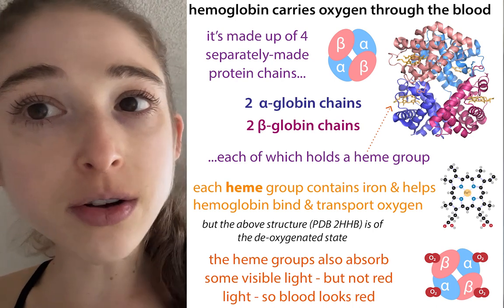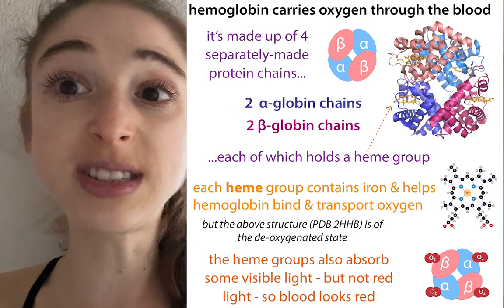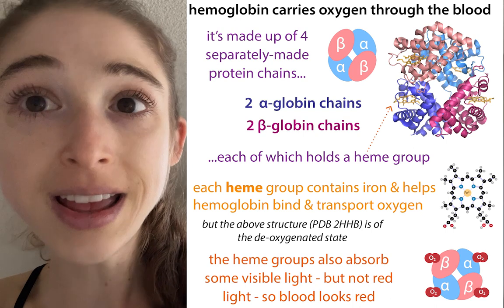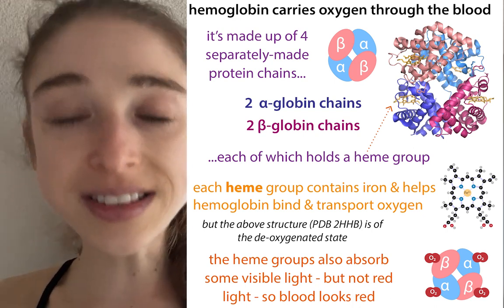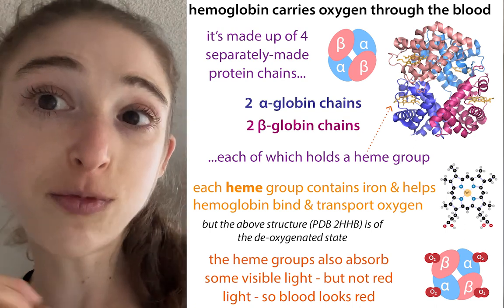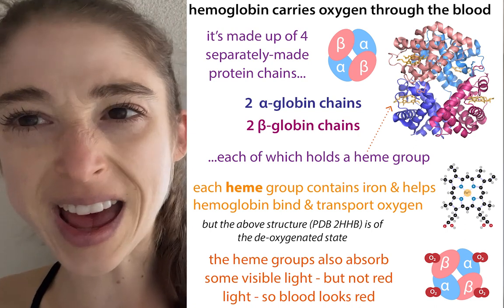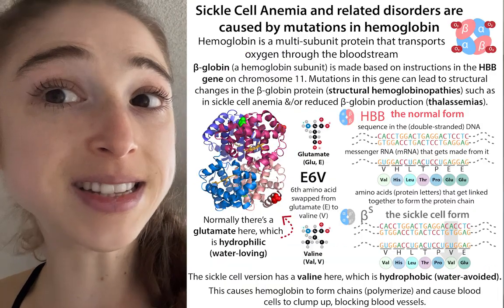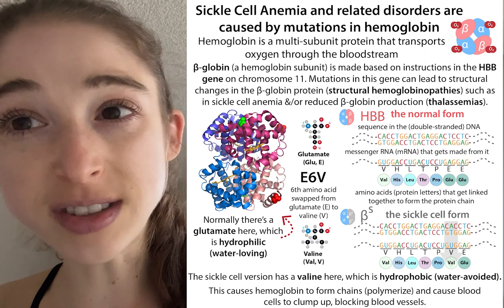tetramer where each of those is holding on to a heme, which is basically this kind of cofactor, this helper molecule that's bound to iron that binds to oxygen, and this is going to allow hemoglobin to pick up oxygen in your lungs and drop it off in your toes and places like that. So hemoglobin is really awesome, but what happens is that in sickle cell anemia, there's a mutation in one of